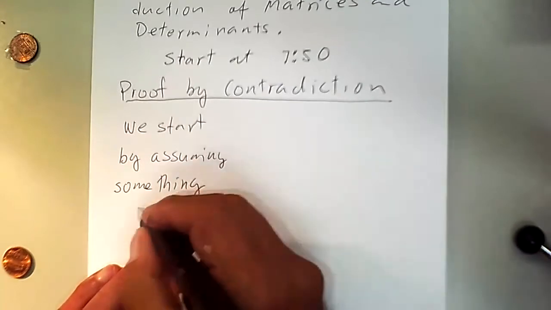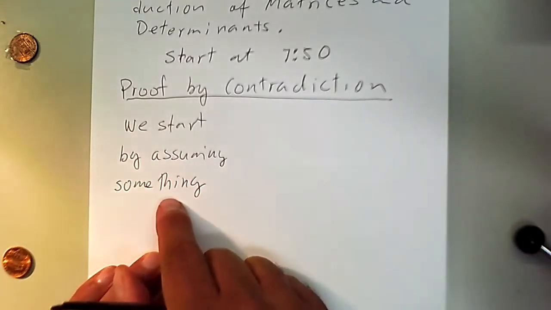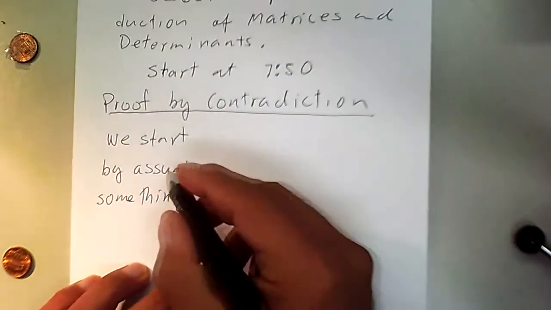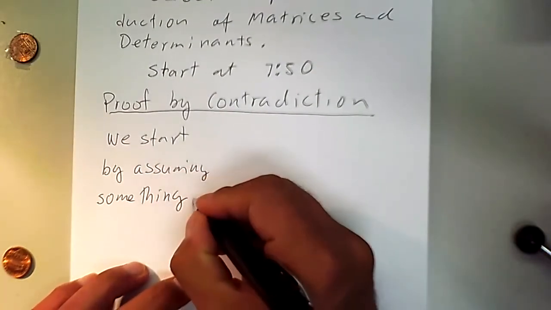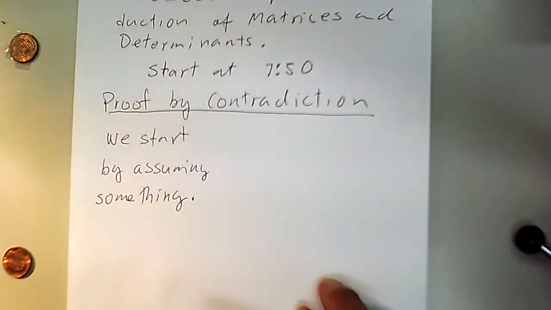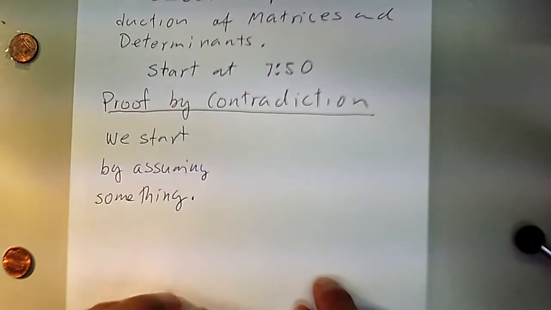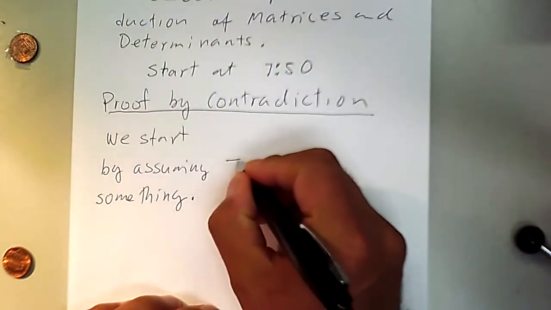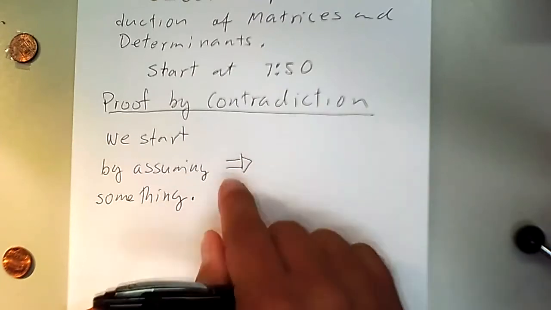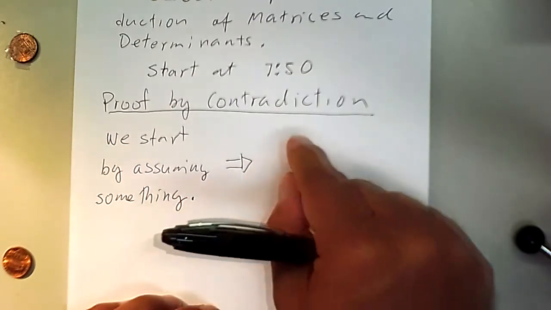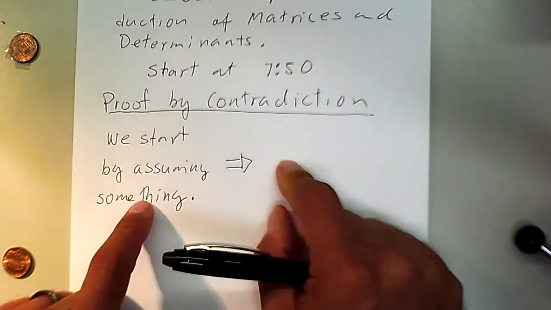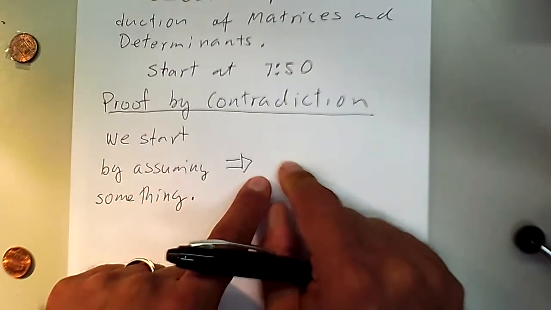It doesn't have to be that something exists, but just plain something. We start by assuming something, and we have to make it very clear that we are assuming that is so. And then we follow consequences of that. This arrow that we use in mathematics means implies. So that implies another statement,